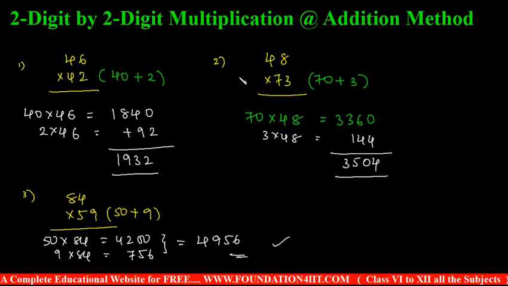So this is the method. Actually you need to practice a little bit. Before that you must perfect two-digit by one-digit multiplication. Then only can you come to two-digit by two-digit multiplication in this way. If you are seeing this video directly, you can revise the previous chapters also. Then it will be easy. This is one of the tricks. In case any number is near to a multiple of 10, like 59, 58, 69, 68, then how to do the same two-digit by two-digit multiplication with the subtraction method, I will explain now.